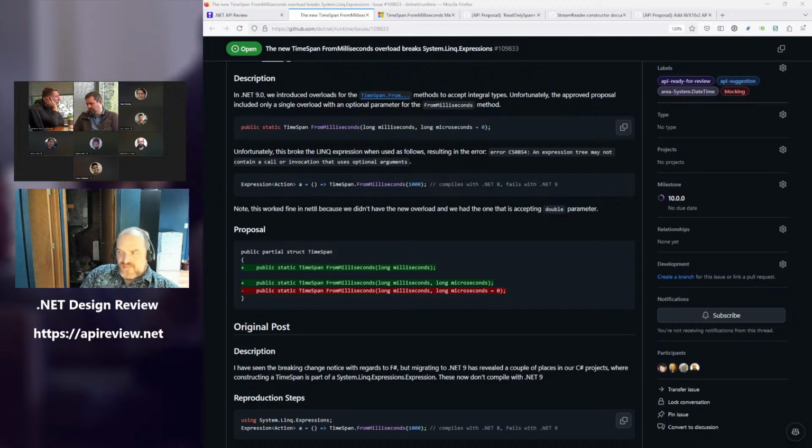Okay, so for this specific FromMilliseconds, I expect many people are going to call it, but I'm not sure if they are calling it with a LINQ expression or not. And also, I want to say that this was reported by an external user. I mean, it's not us, and it was reported right after we released .NET 9. It was a couple of days after the release we got this. No, I believe that. If you have the code base, when you recompile, you run into it. But I'm not sure that tells me that it's a lot of people though.